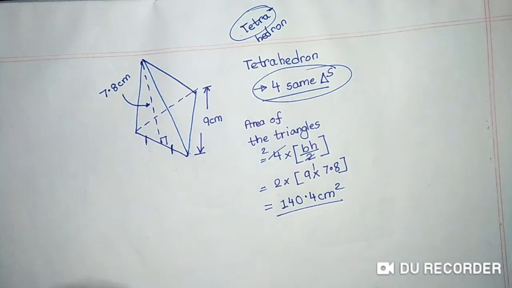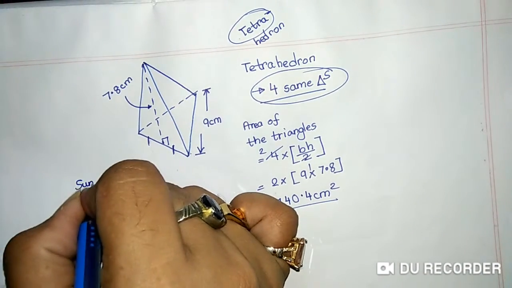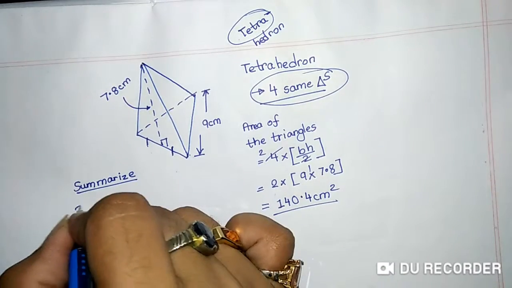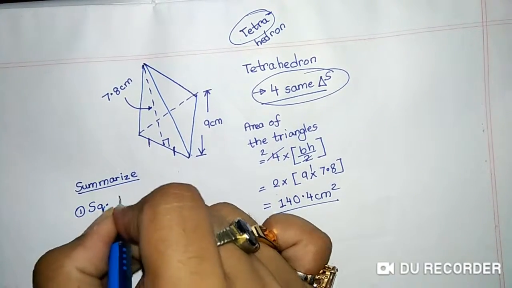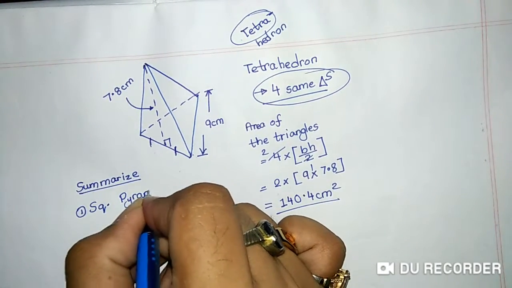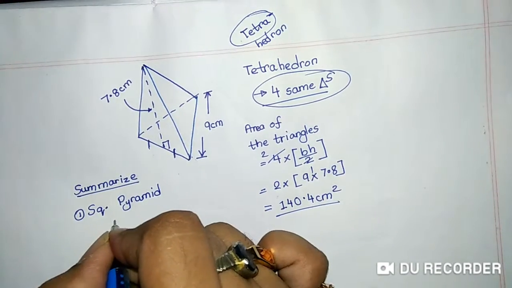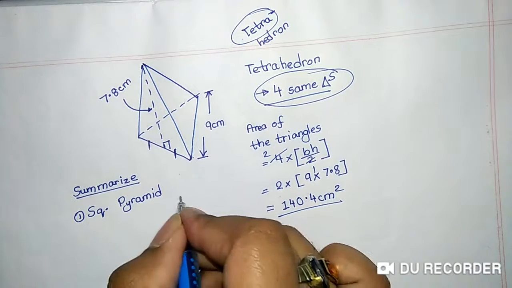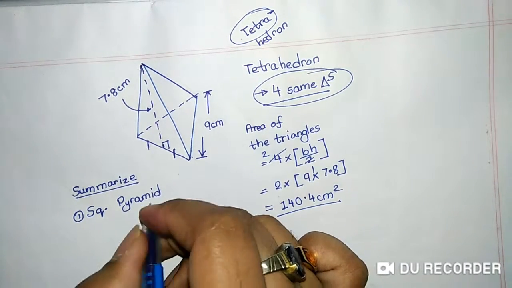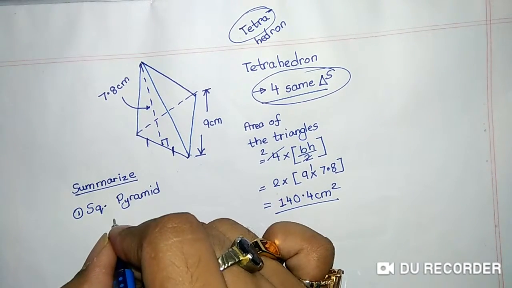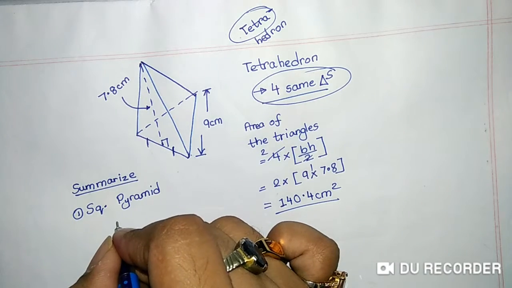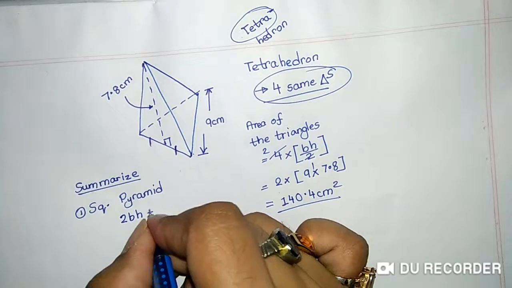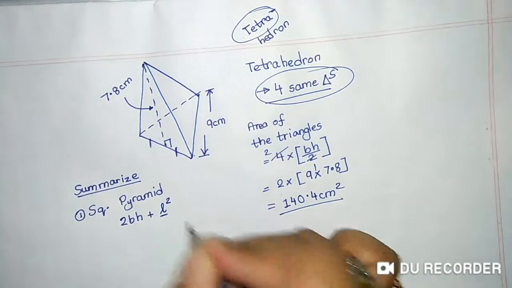So now let me summarize what we have learned so far. In order to summarize this, I'm going to tell you the first important thing for a square pyramid. If you're smart enough to remember the formula, which you can do for the problem, it's gonna be very easy because there's gonna be 4 same triangles. So basically you're going to be ending up with 2bh plus L square. L is the length of this